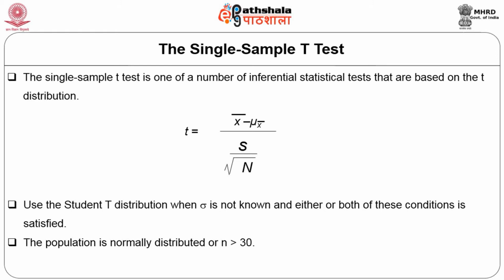The formula is very simple. It is the mean of your experiment, x bar, minus the mean of the third party, or the mean available in the literature or the population mean, divided by the standard deviation of your values divided by the square root of n. S by square root of n, in general, is called the standard error. If you just compute that, you get the t value. Based on the number of subjects, you look at the table value, and if your value is greater than that value, you reject the hypothesis, otherwise you accept the hypothesis. Subsequently, we will see some examples after I explain these t-tests.